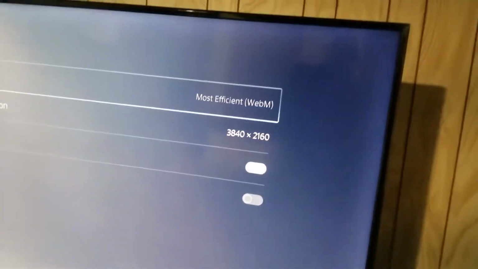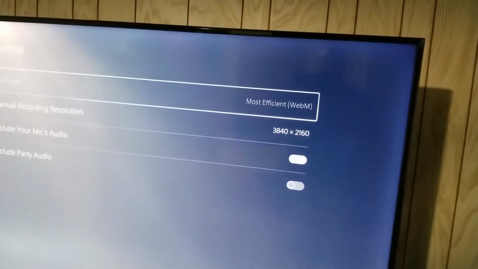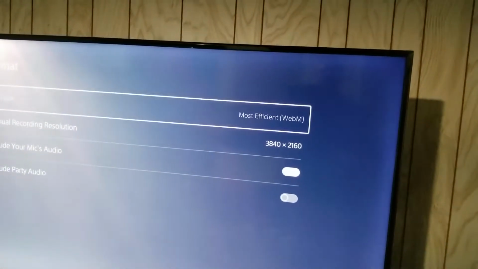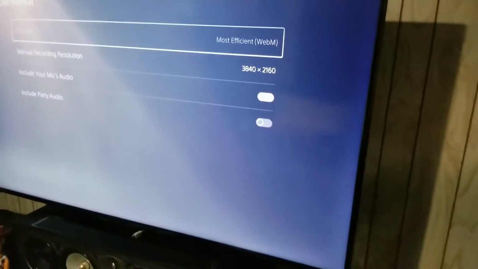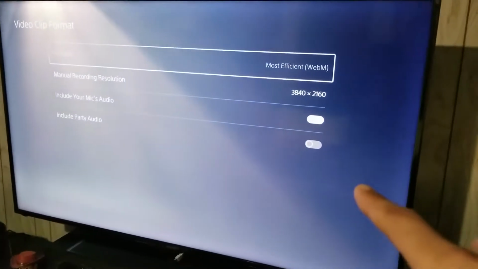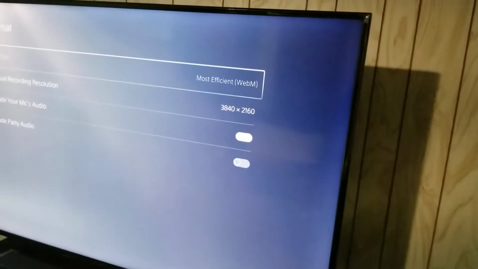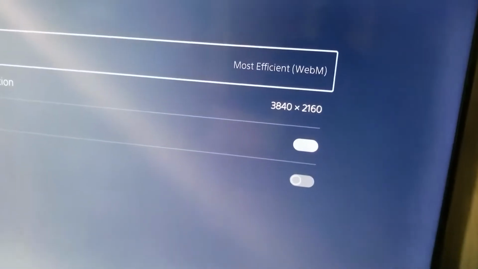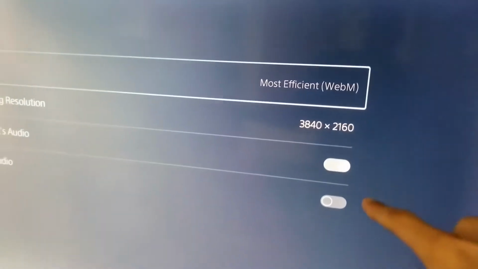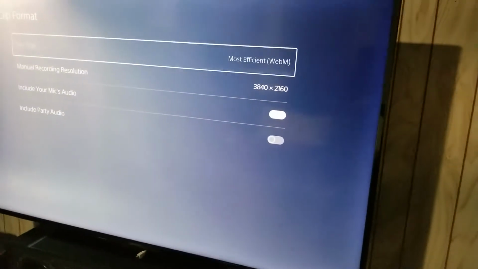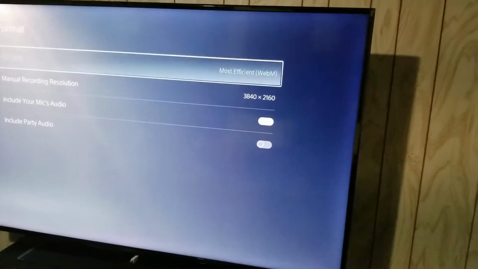Now, WebM, it will play on your PC flawlessly, okay? It will also play, like I've plugged this into my TV, and this is a budget 4K HDR TV, and it'll play no problems, right? The only thing that I've noticed is software like Premiere Pro initially will not allow you to import WebM files, but the hack around that is you can go and you can get it for free. You can just type in how to